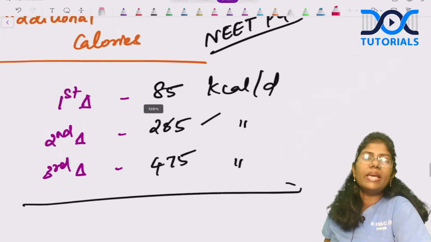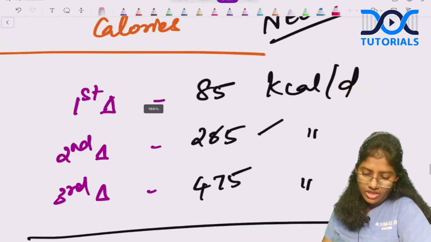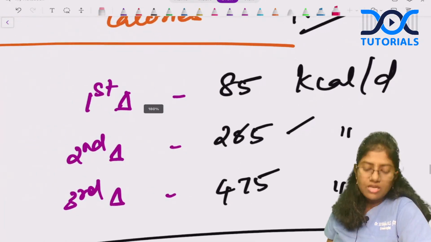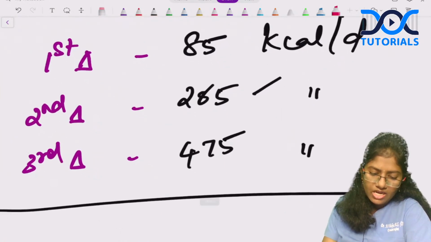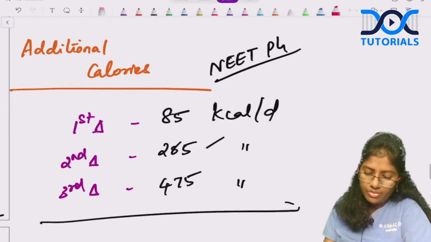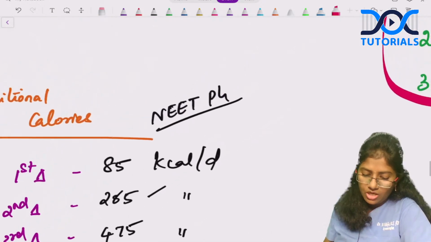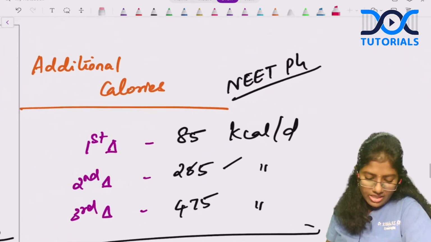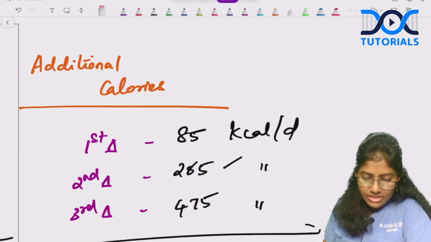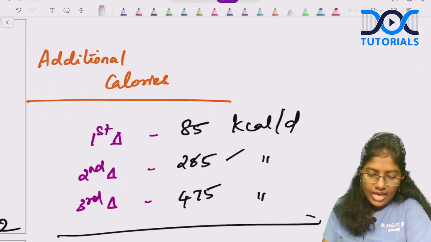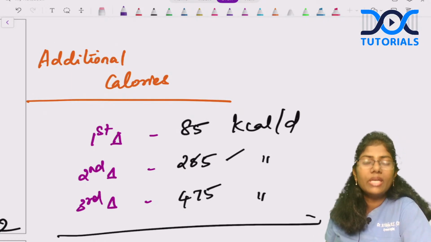The additional calorie requirement during pregnancy. What is the additional calorie requirement during pregnancy? This is an old NEET PG question, okay. So, in the first trimester, the additional calorie requirement is 85 kilocalories per day,